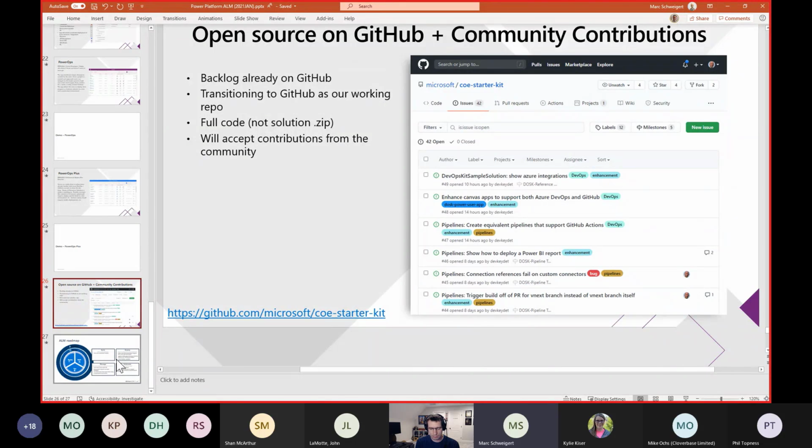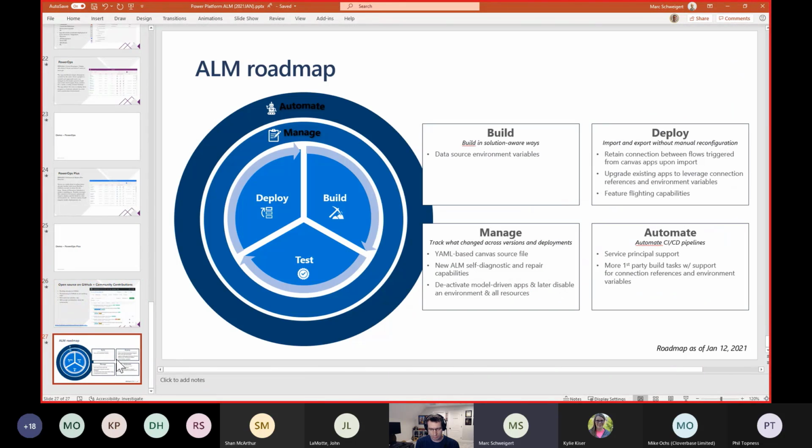And so one of the things I wanted to talk about and summarize is, and I know we're 5 minutes over, so I do apologize, but some additional things that are coming. So one of the things that was mentioned in the data source environment variables blog post was one of the final things that kind of rounds out this ability to move things between different environments and change configuration values. And that is something called data source environment variables.